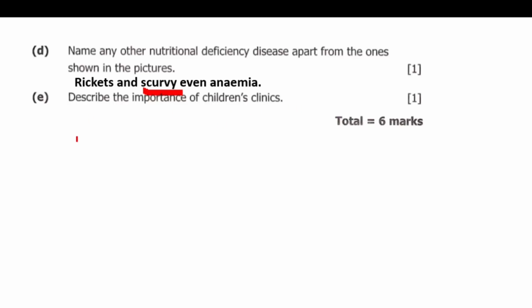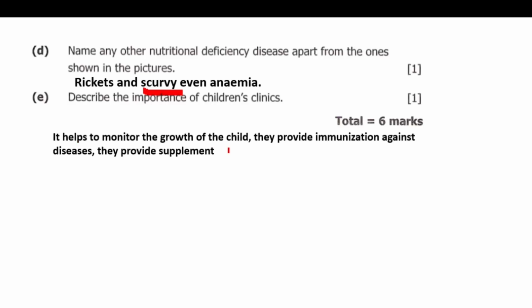Children's clinics are important in so many ways. They help to monitor the growth of the child. They provide immunization against diseases such as polio, measles, tetanus, typhoid, whooping cough, etc. They provide supplement nutrients such as vitamin A. They provide nutrition advice. So when you go there, the nurse looks at the child and the mass of